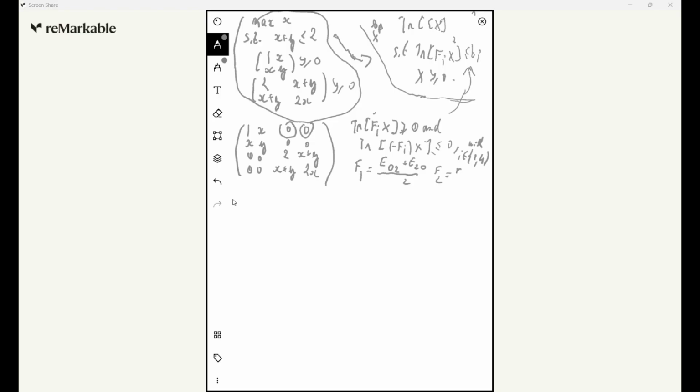Well, and if we want to respect e03 plus e30 over 2 f3, which is equal to